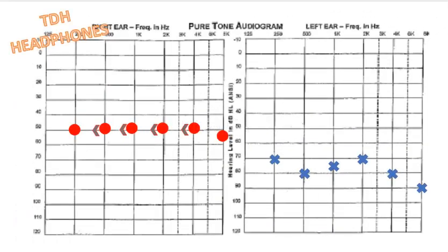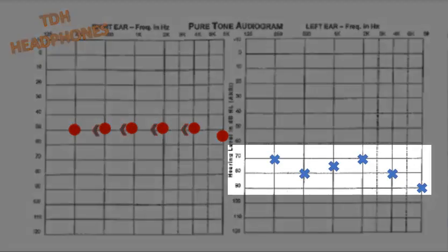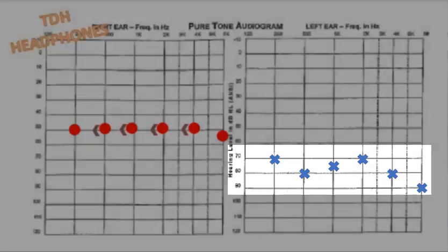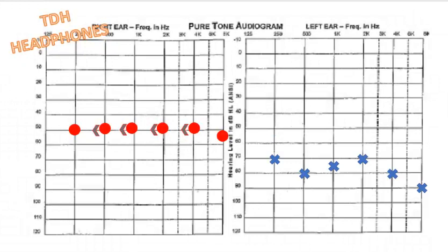Let's take a look at yet another new case. Here we see unmasked air conduction responses from the left ear that are even poorer than before. They're between 70 and 90 dB. We're looking at a severe hearing loss in that left side. Is masking necessary in this situation? The left ear's hearing thresholds at those levels are well above what we know the minimum possible attenuation to be for TDH headphones. So there's probably going to be crossover to the right side at that high intensity level, potentially